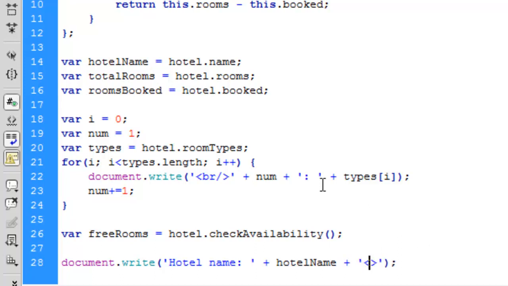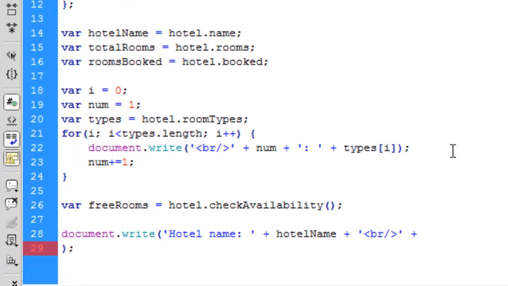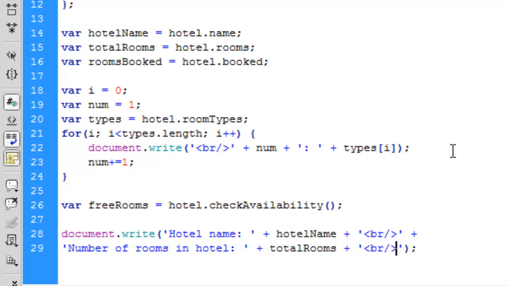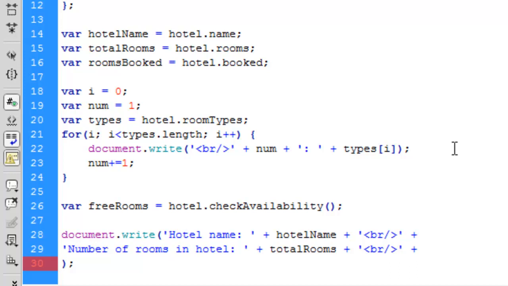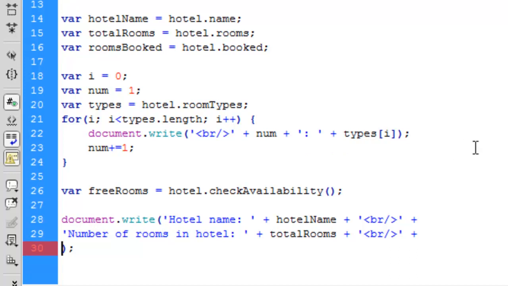Then we create one break line, plus we can continue in another line, and we add another string, number of rooms in hotel, and then we show total rooms, another break line, another line. Then we can show booked rooms,